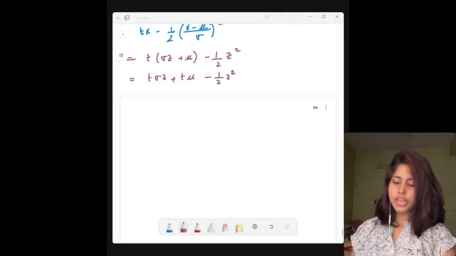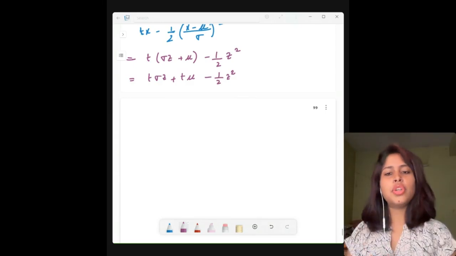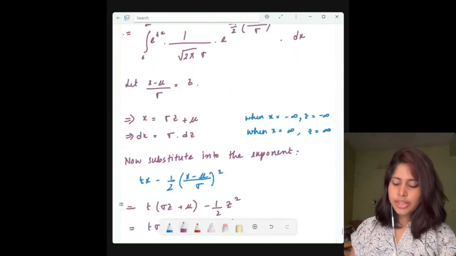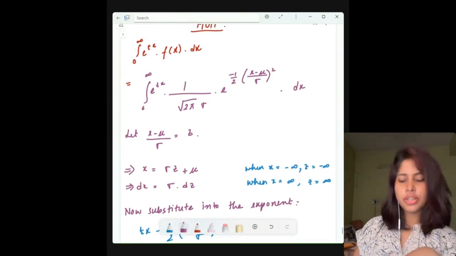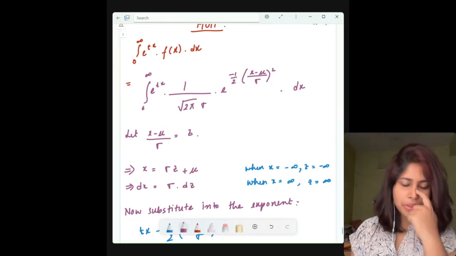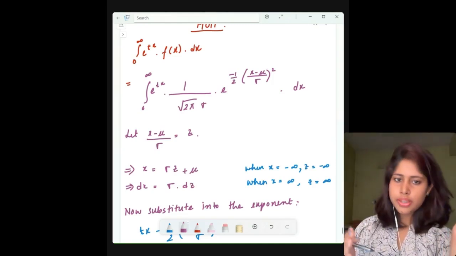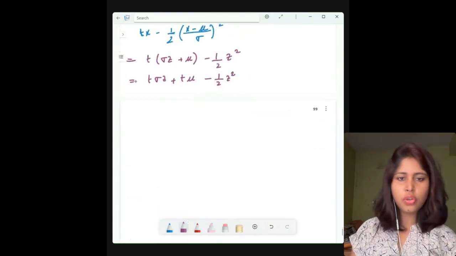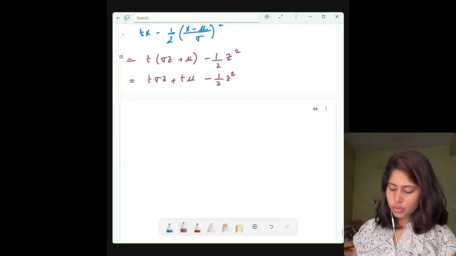Okay, now here what happens? If I make the exponent like this, then what happens to the integral? Now the integral will look like something. Now see, look at here. In this part, what can we take out? We can take out this 1 over root over 2 pi sigma, because that is a constant, right? So if I take that out, and now I will put in the exponent value we have derived right now, and then let us see what form it takes. Okay, so let me write.